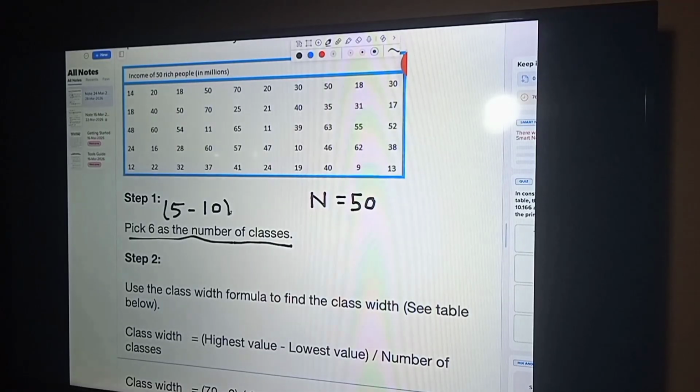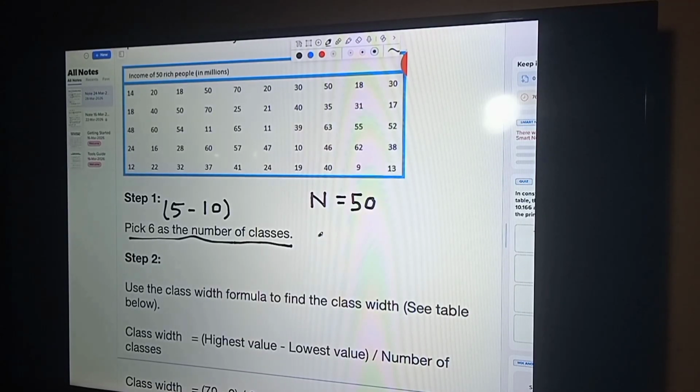So I have taken 6 from this range. But if you cannot decide it, or if you cannot decide what to do,